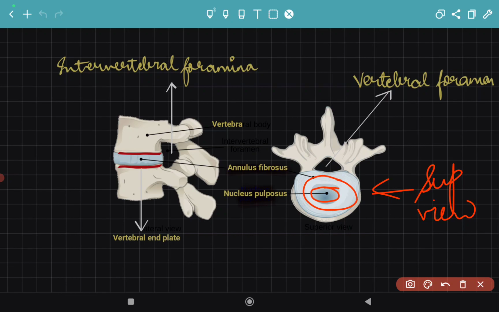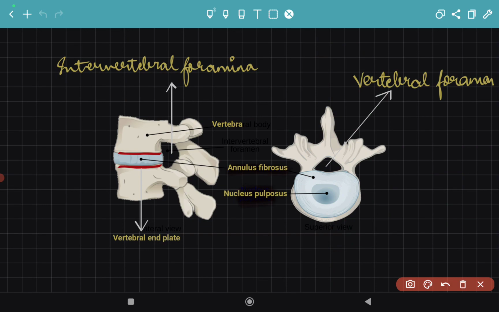In this vertebral body, which is present anteriorly, the disc is present. Posteriorly, there are some processes, one of which is the spinous process. The general anatomy of this vertebra we will discuss in detail in an upcoming series. Now, just the gross things which will be important to understand